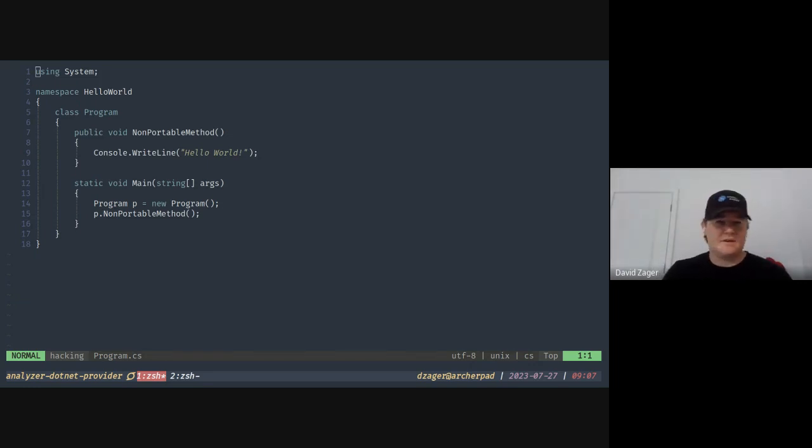concept. So in this, we have a class program, and we have this method called non-portable method. And what this is supposed to represent is some method that, when we go to run our analysis, we're going to identify as something that is non-portable, that we can't move forward to this target. And so what we want to have our analyzer do is create a rule that will find references to this method. And so